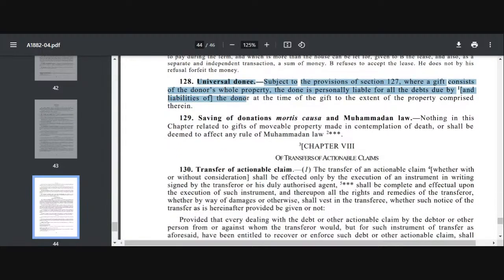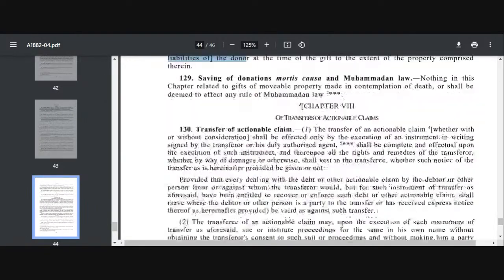Come to actionable claim, which is the last chapter, chapter 8, sections 130 to 137. This is actionable claim. As I have told you all, actionable claims are incorporeal movable properties. So they are the beneficial interest in the movables. If you see section 3, we had already read the definition of actionable claim in section 3, which includes unsecured money debt and beneficial interest in movables not in possession of the claimant, right? Now movables which are choses in possession are tangible movable property. Movables which are choses in action are intangible movable properties.